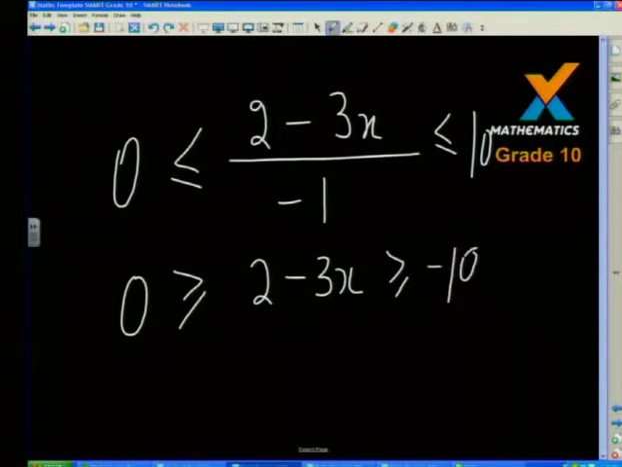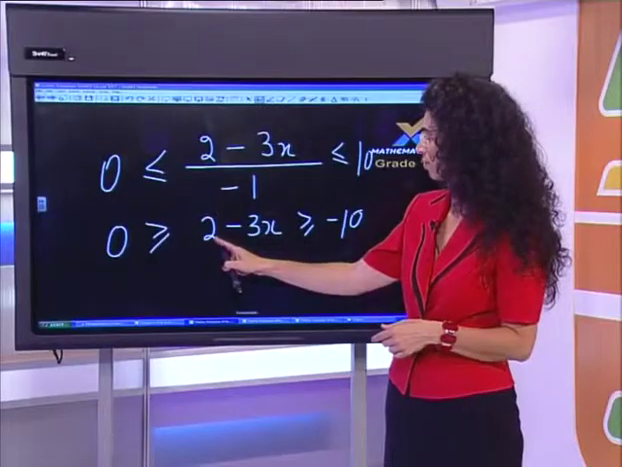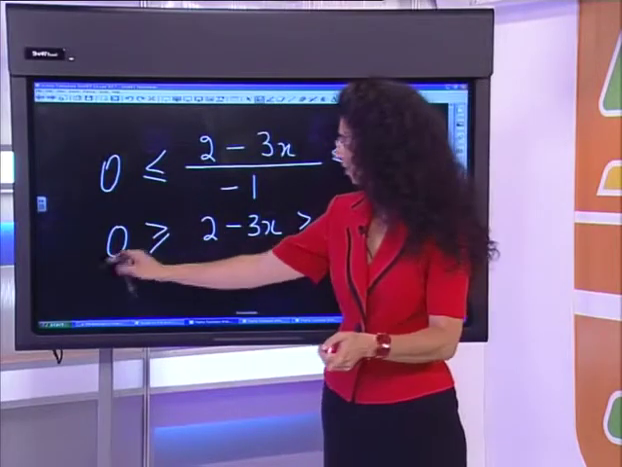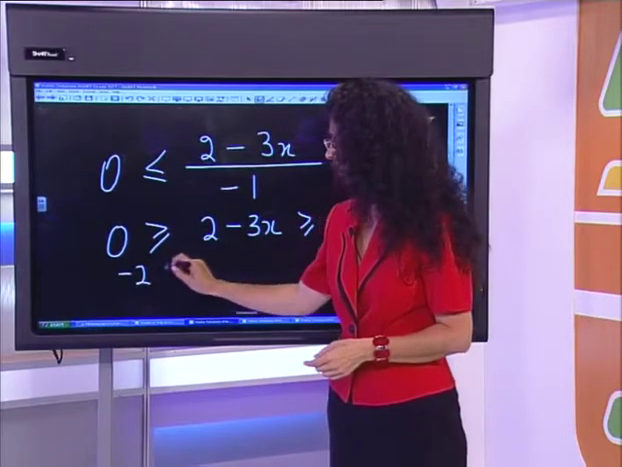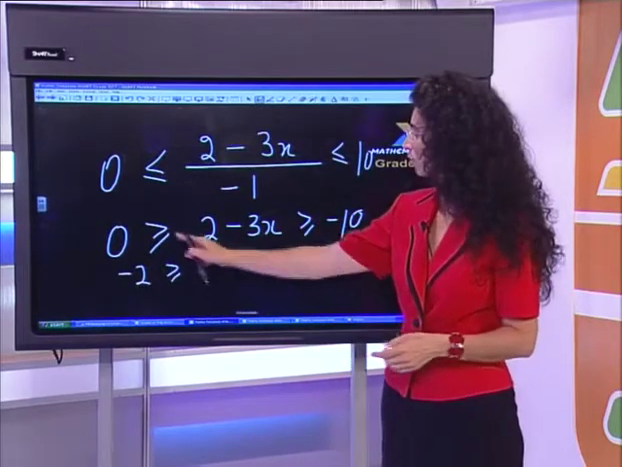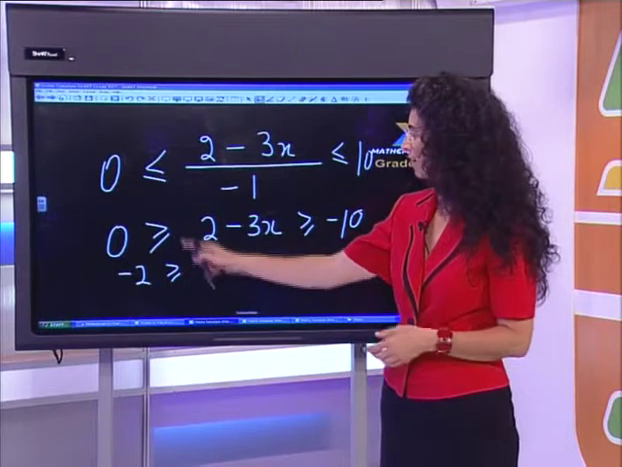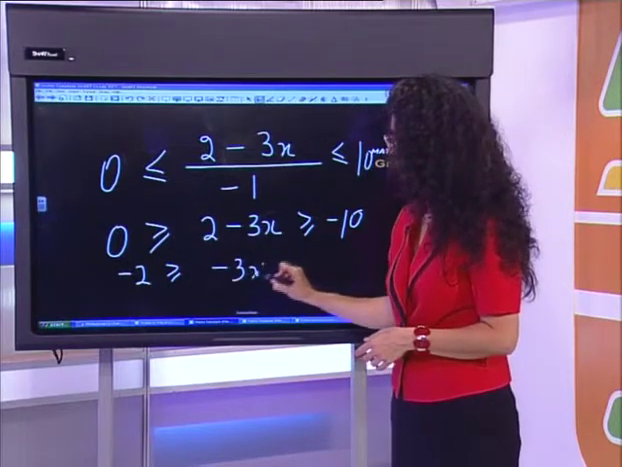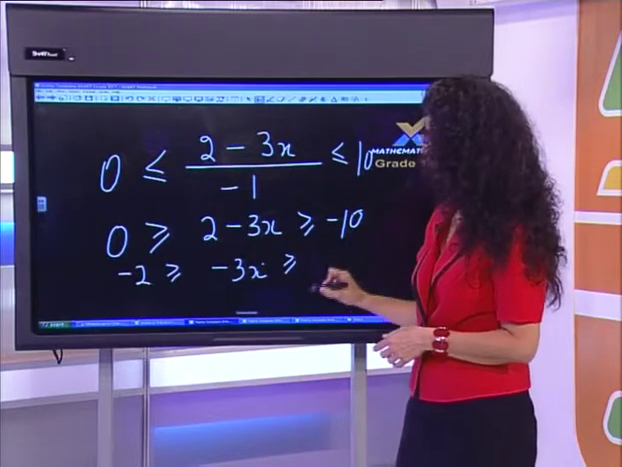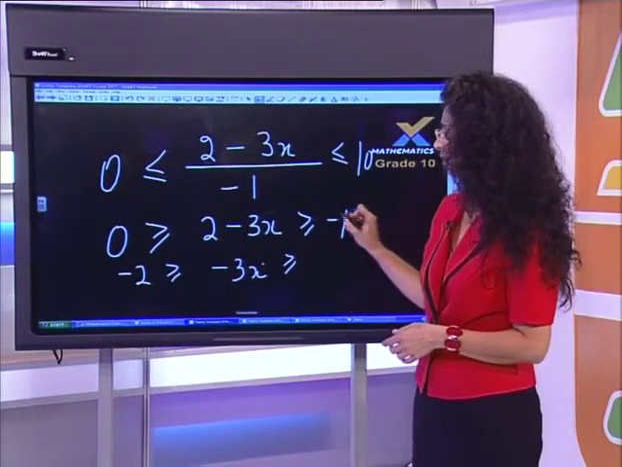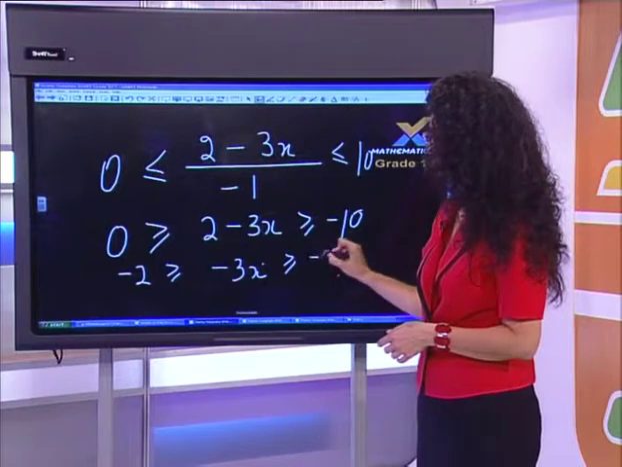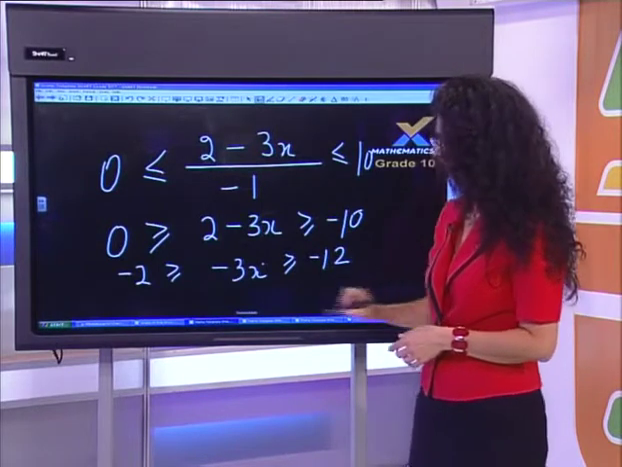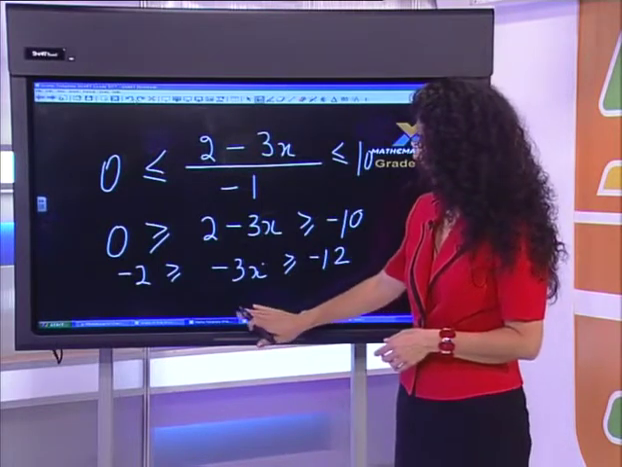Now we've got a constant and we've got a coefficient. So we're going to get rid of the constant first. Minus 2 on the left is less than or equal to. We're subtracting, we're not multiplying or dividing, so the sign doesn't change. Minus 3x is greater than or equal to minus 10 minus 2, which is minus 12. And then we're now going to get rid of the